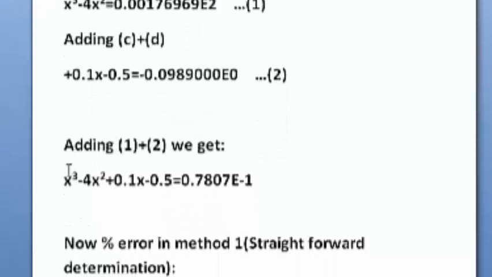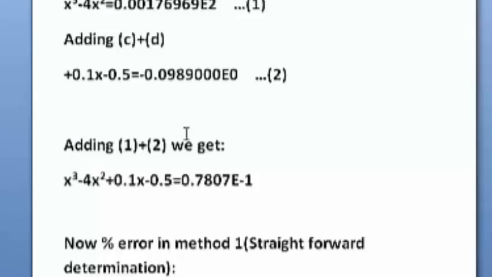Finally, as we did in straightforward determination, add equations 1 and 2, and the final value of the polynomial is 0.7807 E minus 1. We can see that the value we are getting here is 0.7807,